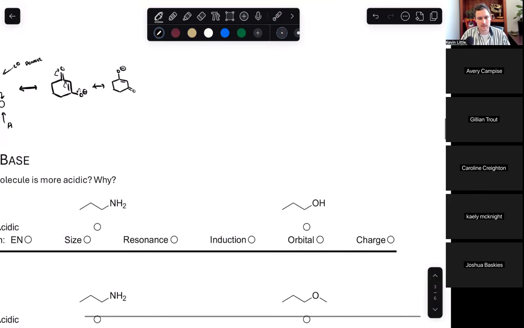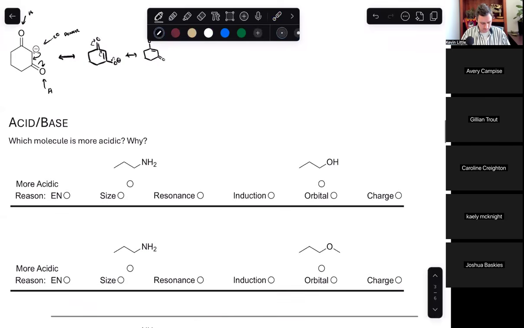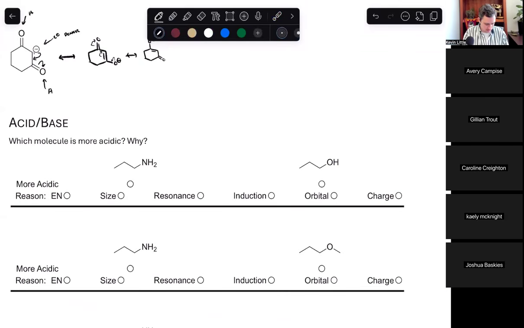All right, we're gonna jump into acid base. Whenever I'm asked which is more acidic, I didn't hold your hands this time. You've got to draw out the conjugate base, right? We know things are acidic because of the stability of the conjugate base. Not because it looks better, not because it has more electronegativity. That can work for you a lot of times. But if you're not thinking about forming the conjugate base, which in this case would be this,